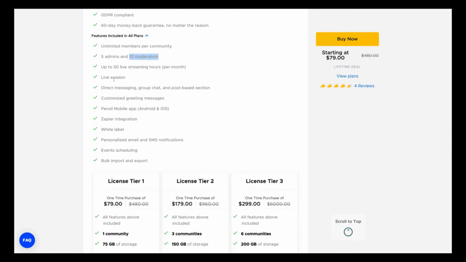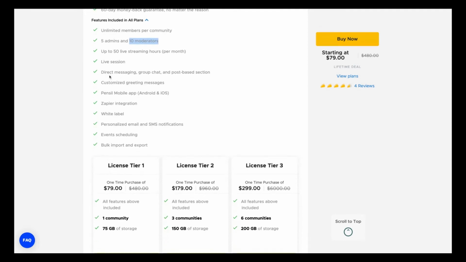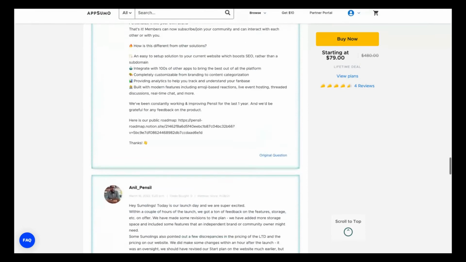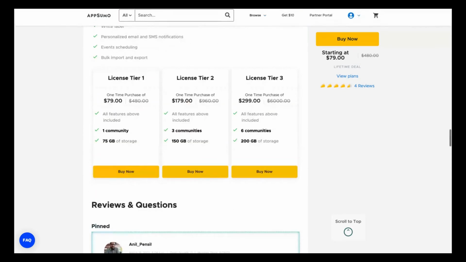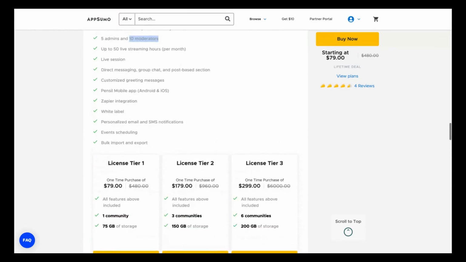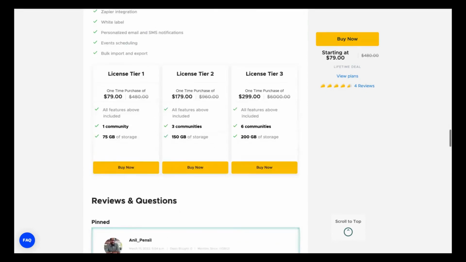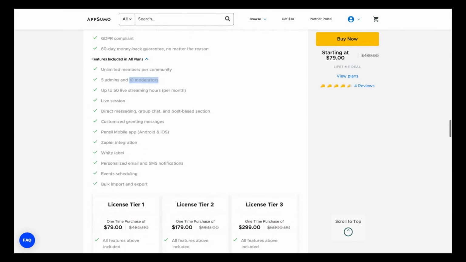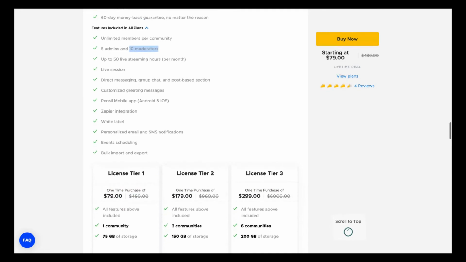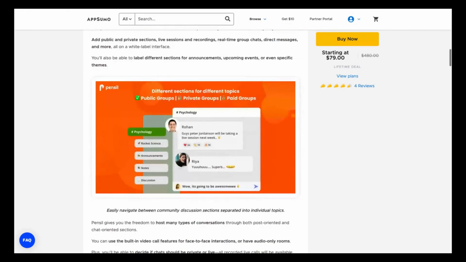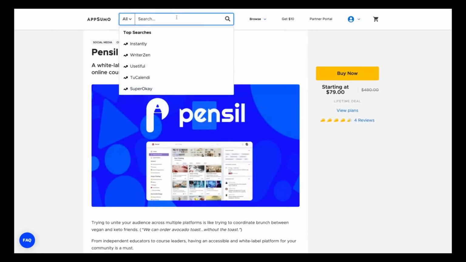You have live session, direct message, group chats, which are more features than UUKI has. Also, they have a mobile app, but I'm concerned with the speed of Pencil, that it seems to me a little bit buggy. So you get all their main features with one code, and on UUKI, you need to stack.